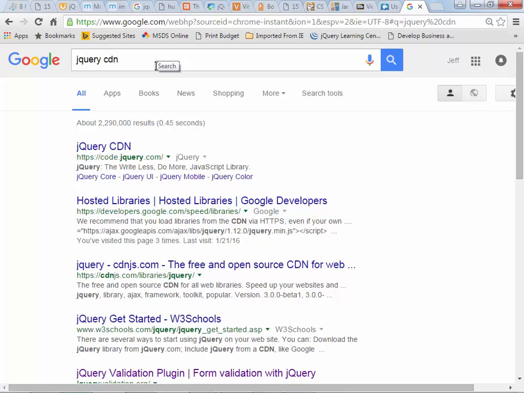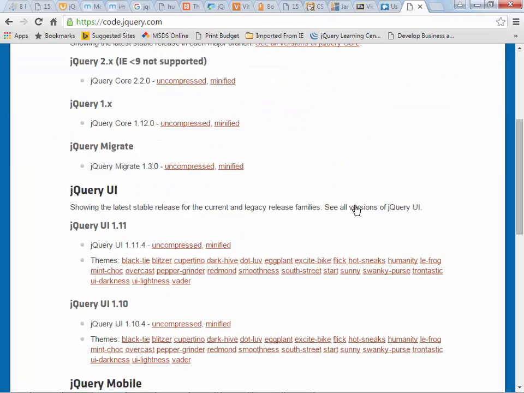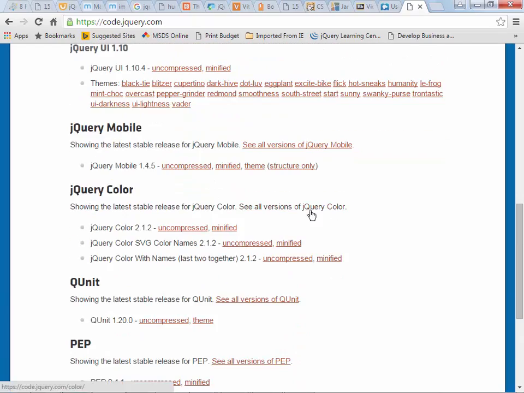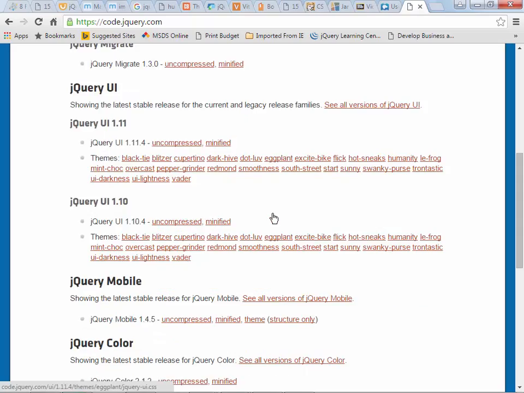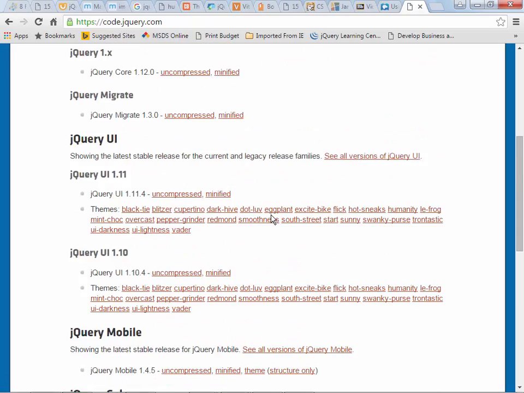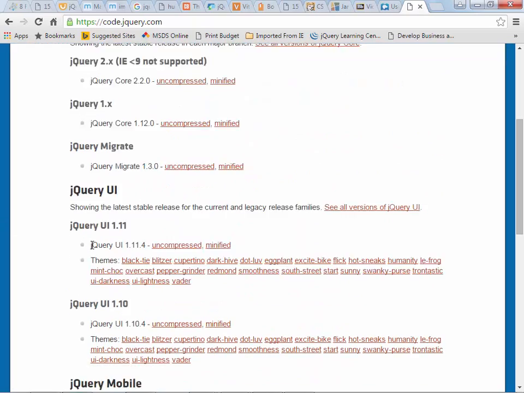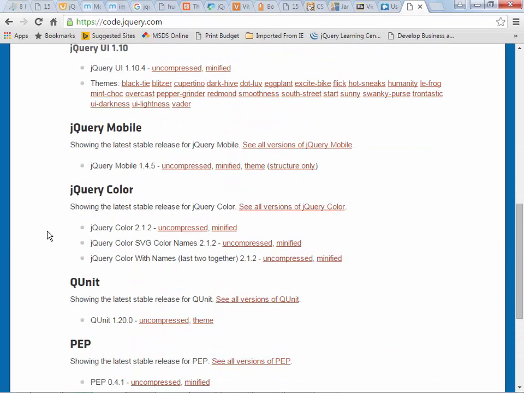What's a CDN? Content Delivery Network or something like that? That's what it is. Well, it's where on the internet you want to go to find something. So somewhere in here is the jQuery Content Delivery Network. And what it says is